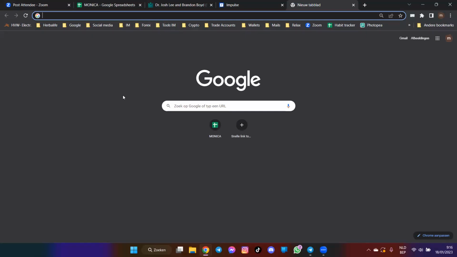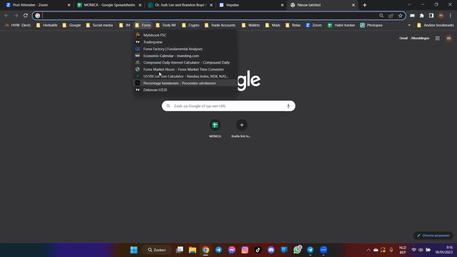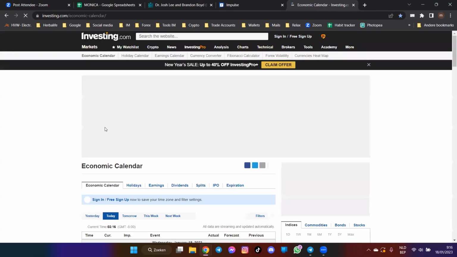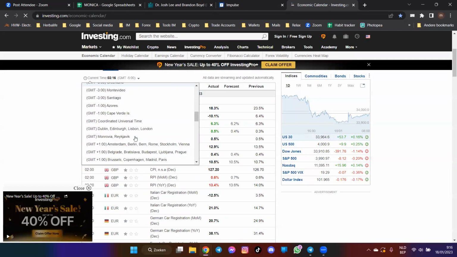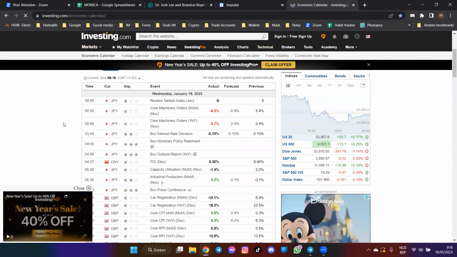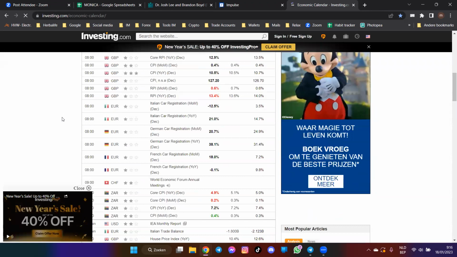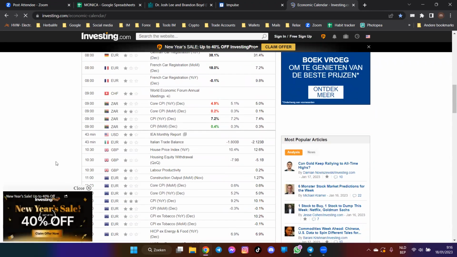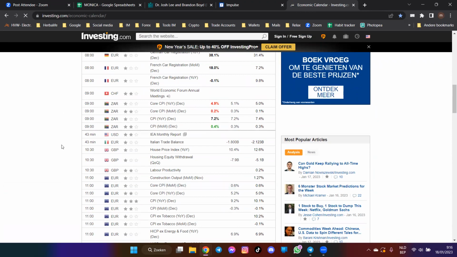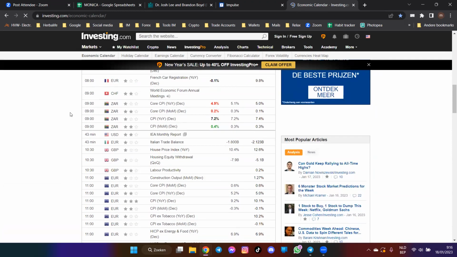I don't know if we have any new members here today. I use this, and just change it to my time. I also write this down on the cheat sheet that I have before I start trading. I'm just going to check it real quick for today, if there's still time to take a trade or not.